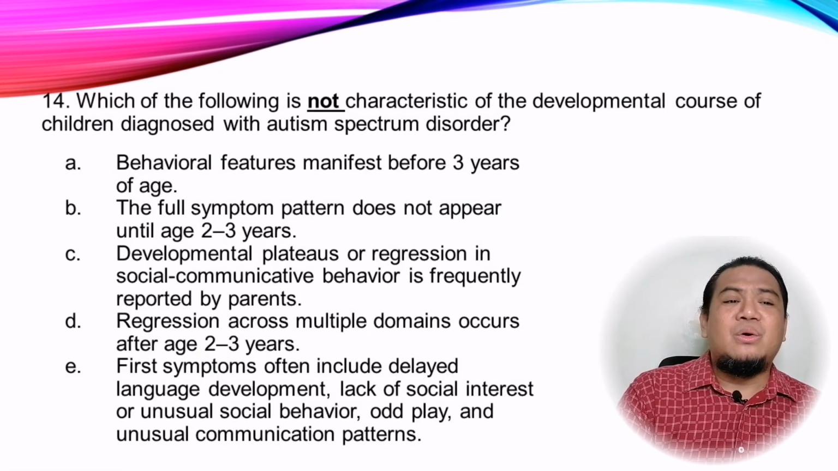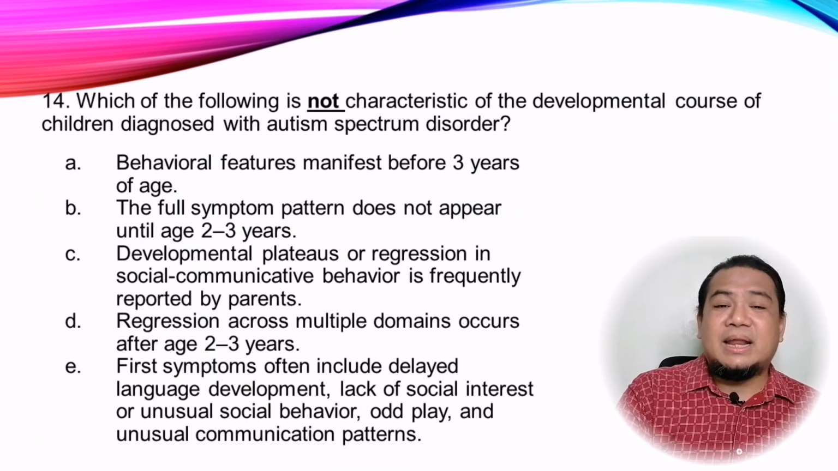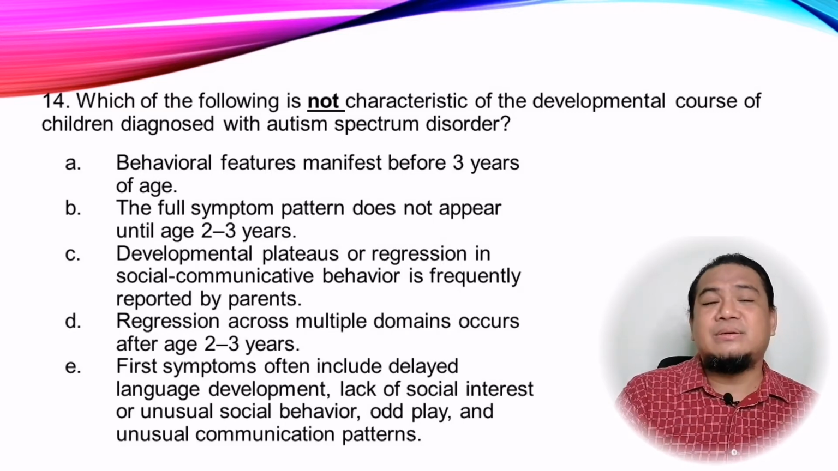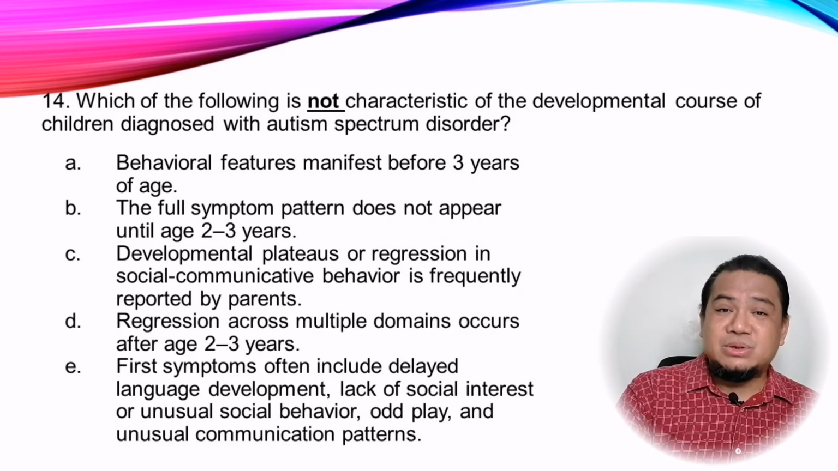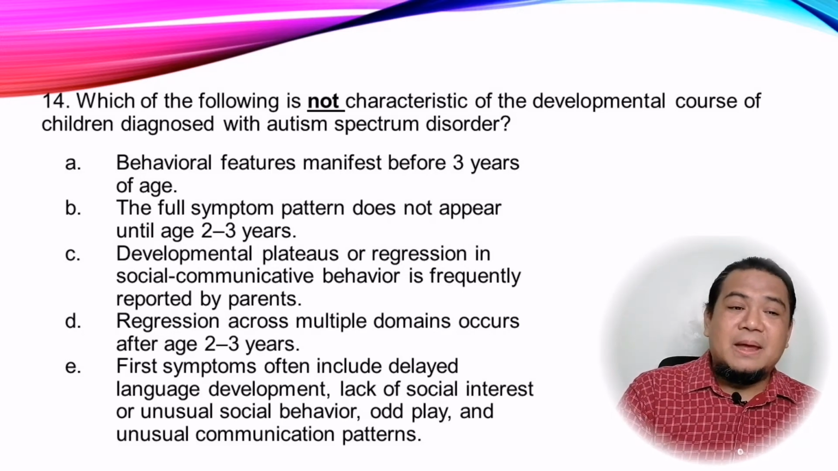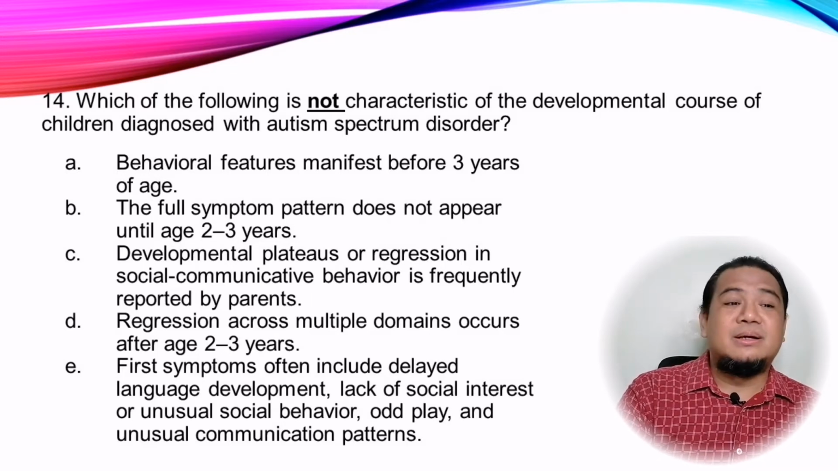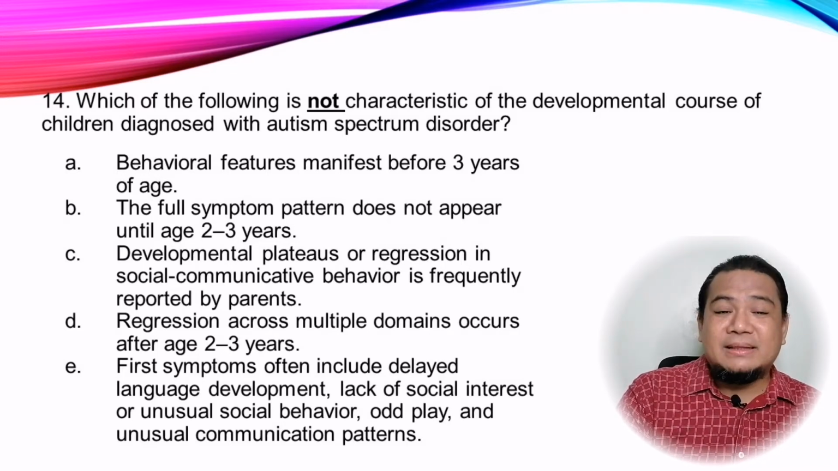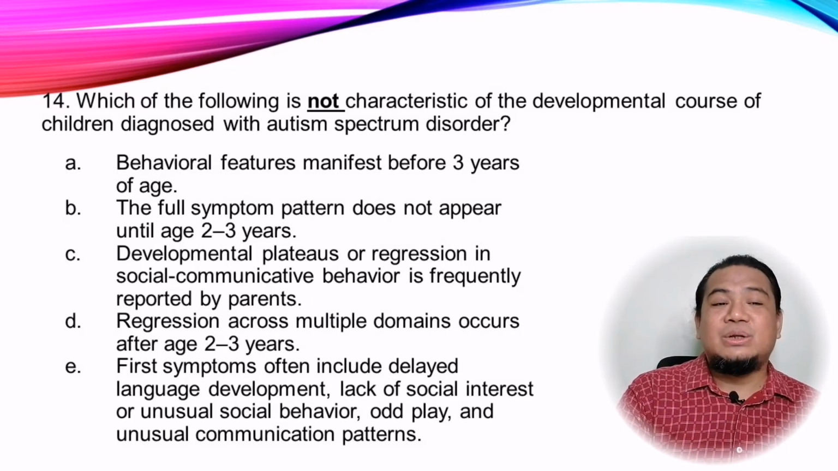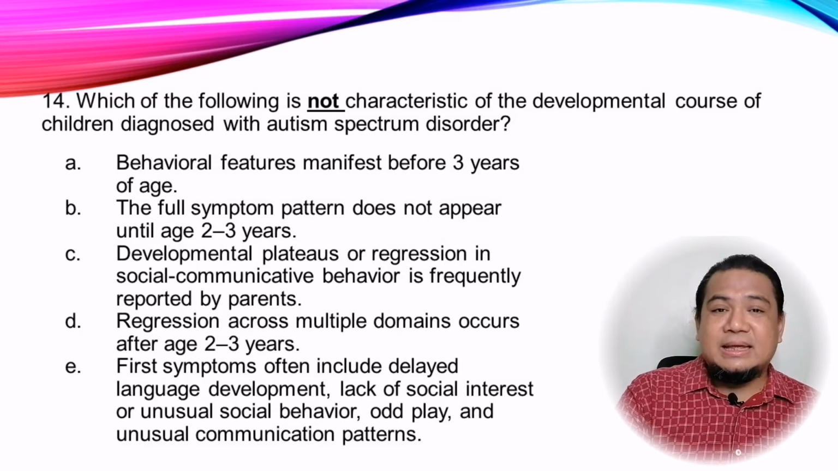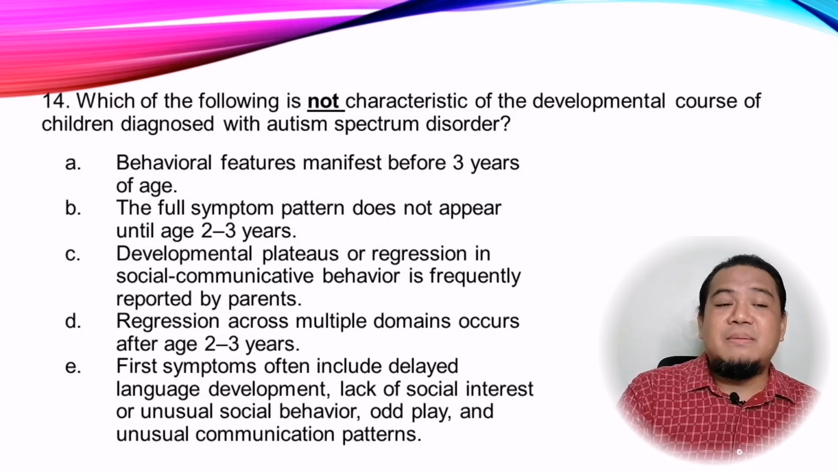Number 14, which of the following is not characteristic of the developmental course of children diagnosed with autism spectrum disorders? Is it A, behavioral features manifest before 3 years of age, B, the full symptom pattern does not appear until age 2 to 3 years, C, developmental plateaus or regression in social communicative behavior is frequent, reported by parents,